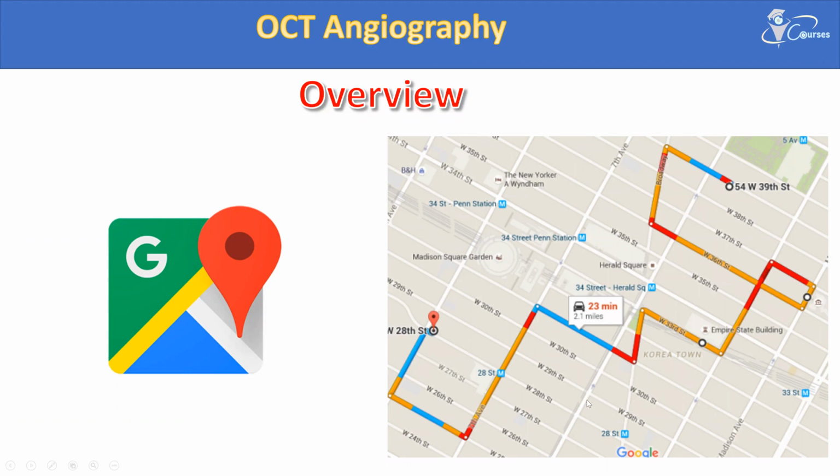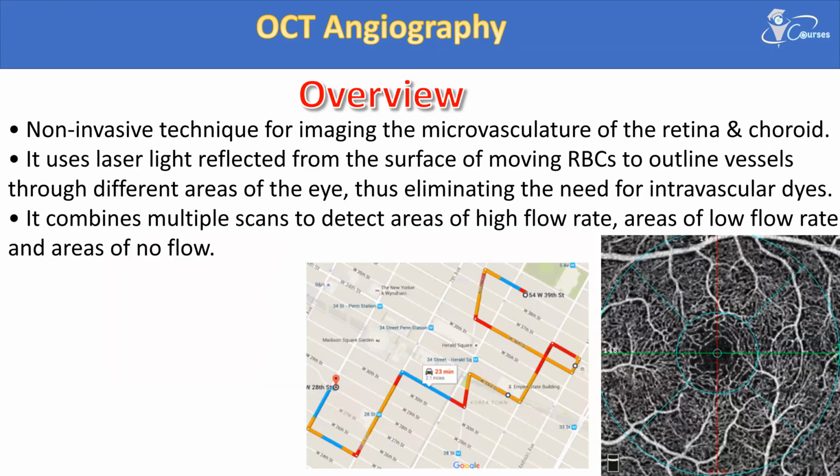It will be the same principle of the OCT angiography. So if we just remove the cars and replace them with the RBCs, this will be the principle of the OCT angiography. OCT angiography is a way of imaging the vasculature of the retina and choroid, meaning that the device will use a laser light that will be reflected from the moving RBCs to outline the vessels. The RBCs are moving within the vessels in the choroidal circulation and in the retinal circulation, and